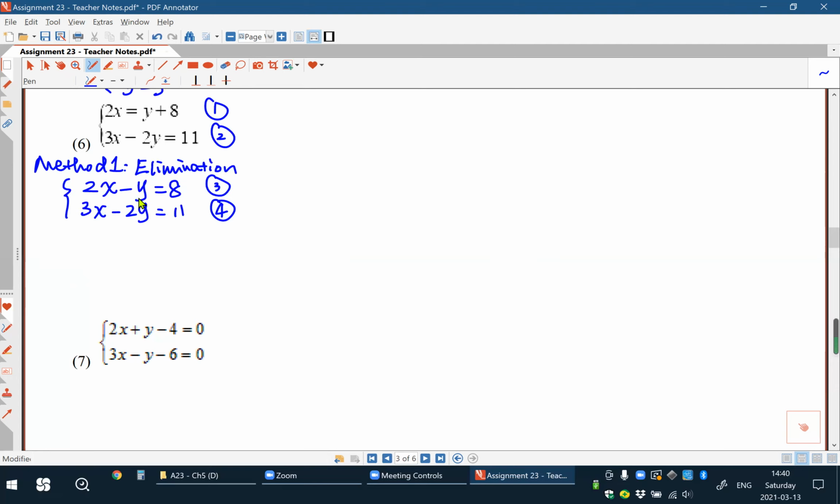Okay, now we can see that to eliminate x or y, actually it's easier to eliminate y, right? To eliminate y, all you need to do is to times 2 to both sides of 3, right? And this will give you